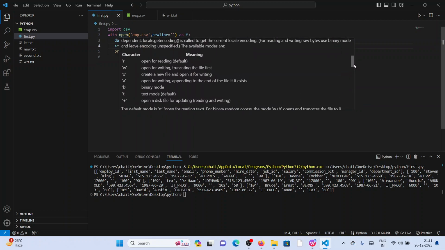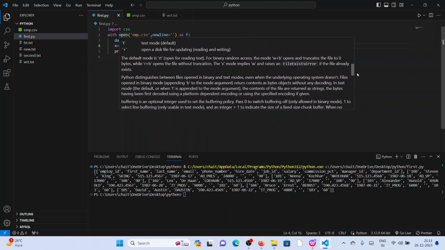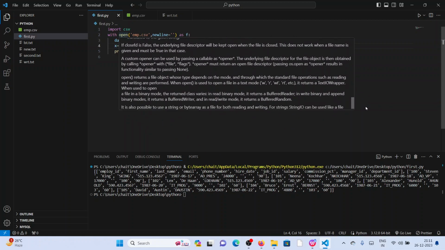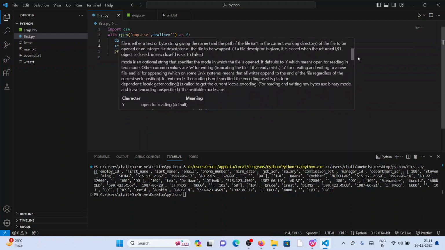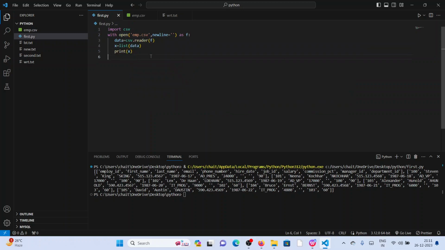see, these are the modes: read mode, write mode, x to create a new file. Okay, you can check everything here. Okay, simple one. Newline, empty space here given. Okay, newline. Okay, so that's it. There are so many files there. This is simple